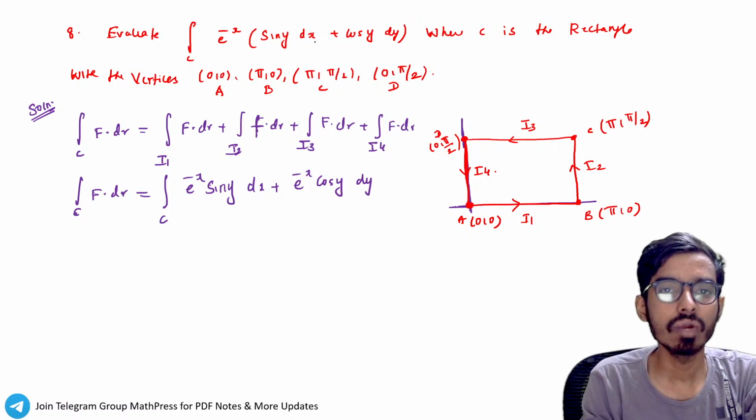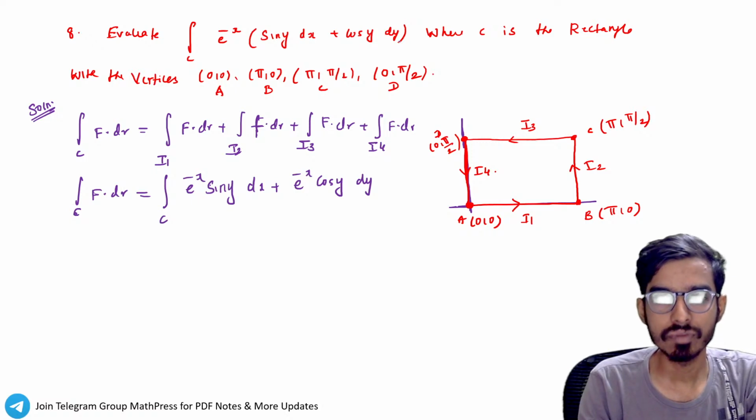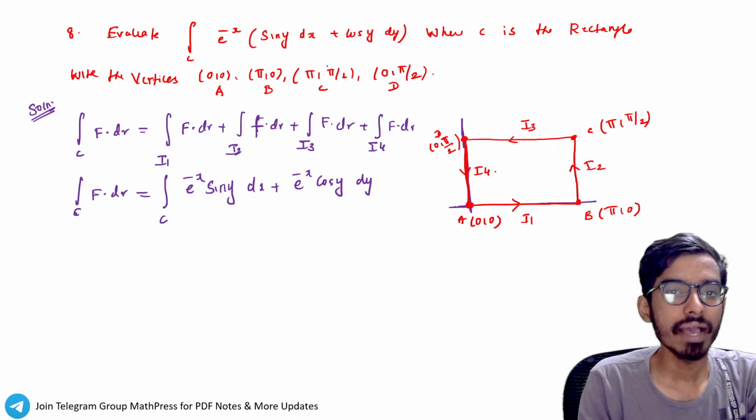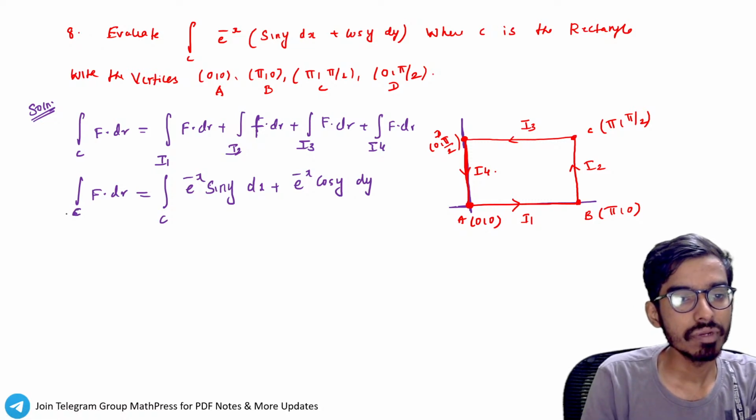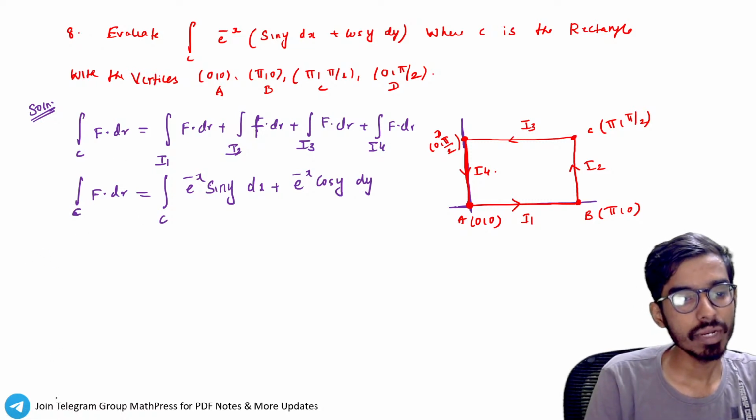Because f dot dr only, you will have something in dx plus something in dy. So if they give f, it should have i, j, k components, right? Okay, this is our f dot dr. So we will do one by one. So for I1,